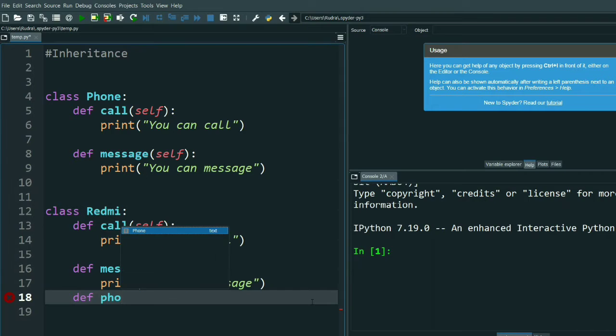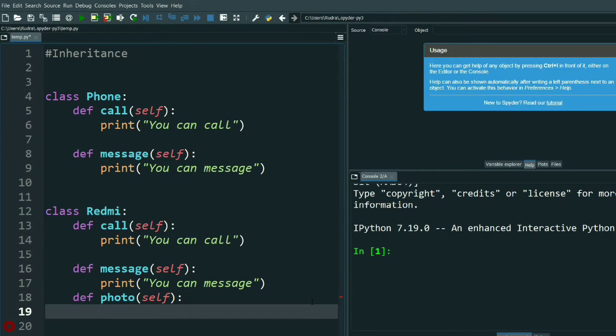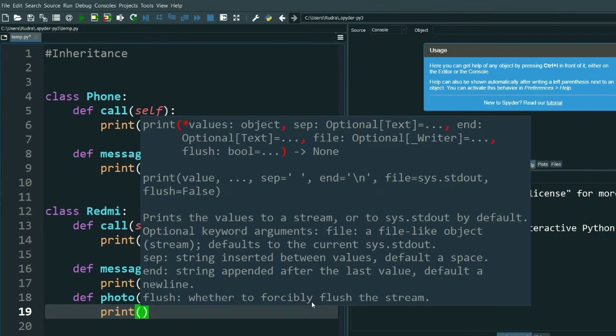Let's take photo, and here we write self, then print, you can take photo, right?